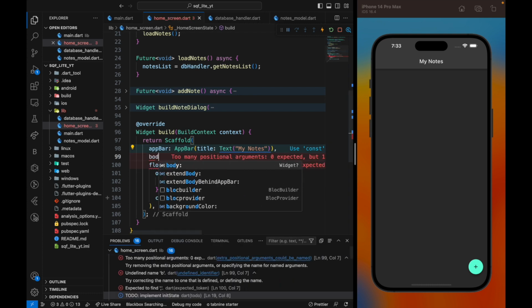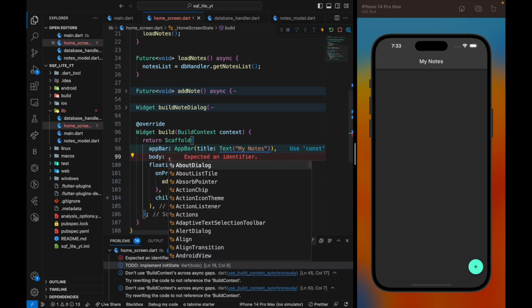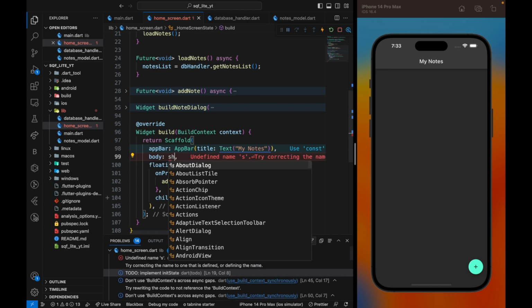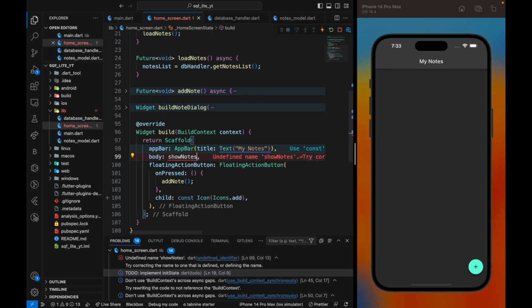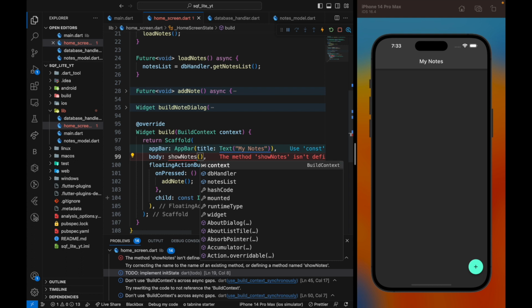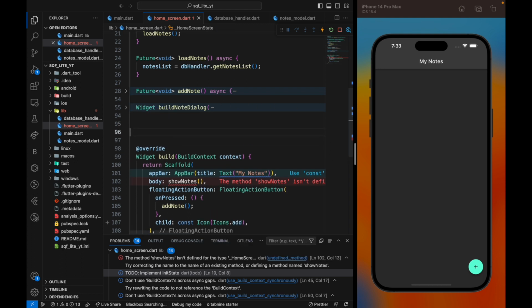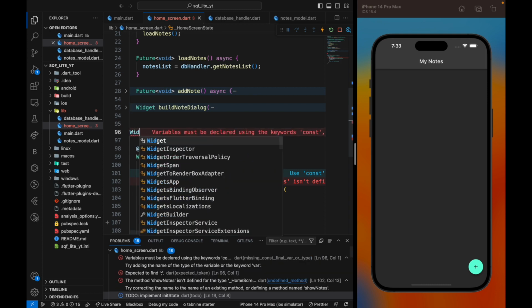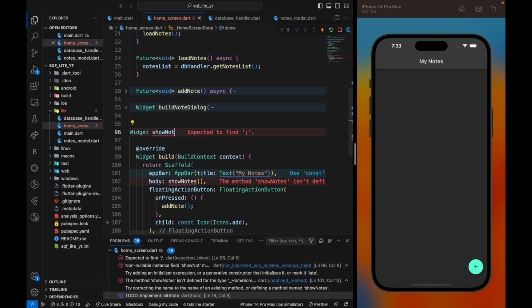So body, and we won't do all the logic here. We'll just reference a function just like we did for the add note. So say showNotes, right? I'll create a function for showing the notes. So say Widget showNotes,